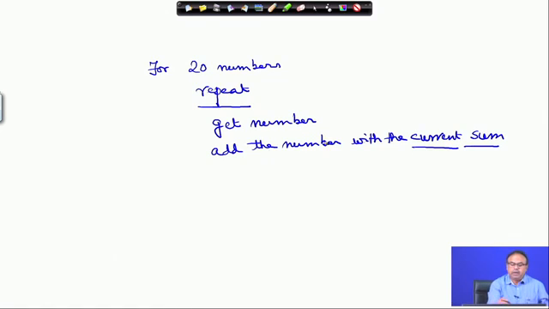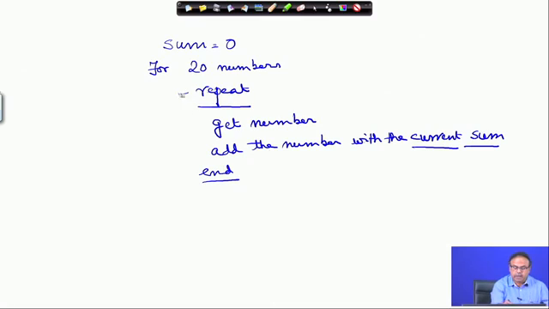Now, initially therefore, what should be the current sum? Initially when I am starting, the sum is 0, all right. So, I can say let sum be 0 initially. Now, I get a number, add the number to the current sum, and this repeat,